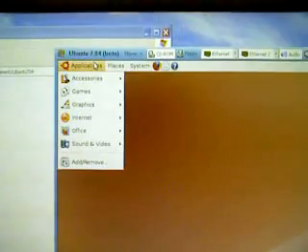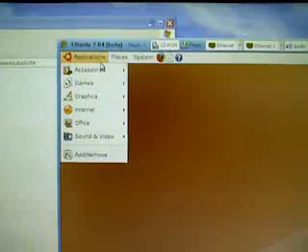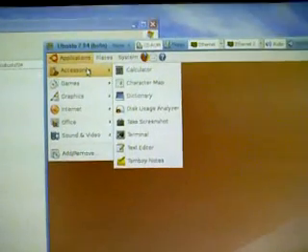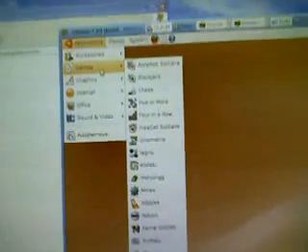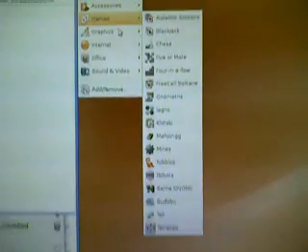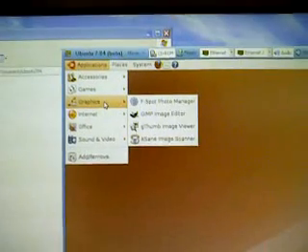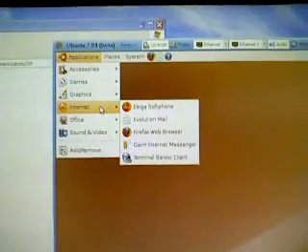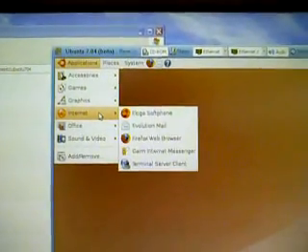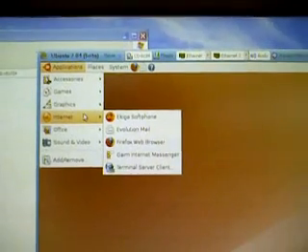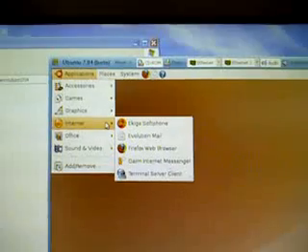So I'll give you a tour of the specific features here. So I'm going to zoom in here on the menu. You can see that Ubuntu has a variety of applications. So a handful of accessories, some miscellaneous little games, some basic graphics editing applications including GIMP. And you can see there's also a variety of internet applications including VoIP phone tools, mail client, instant messaging, and